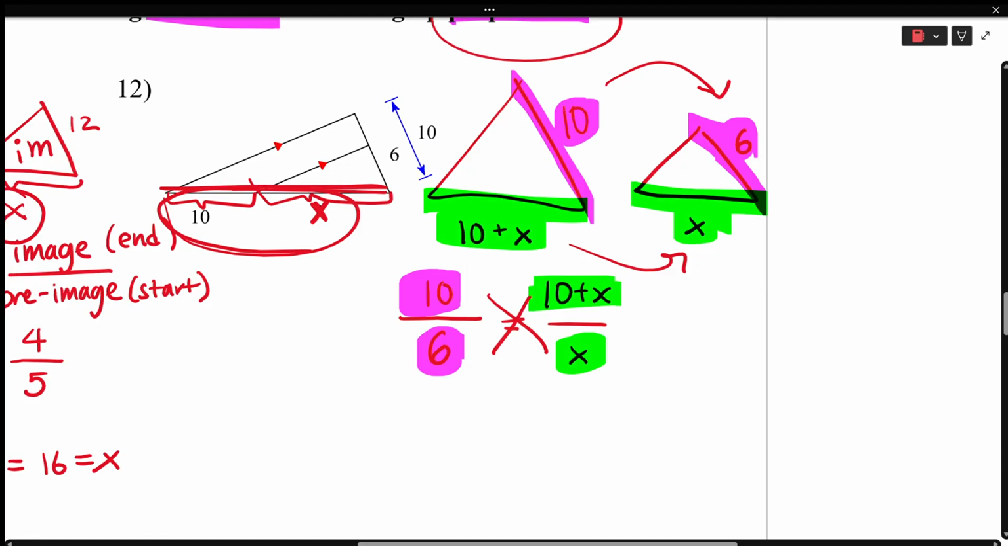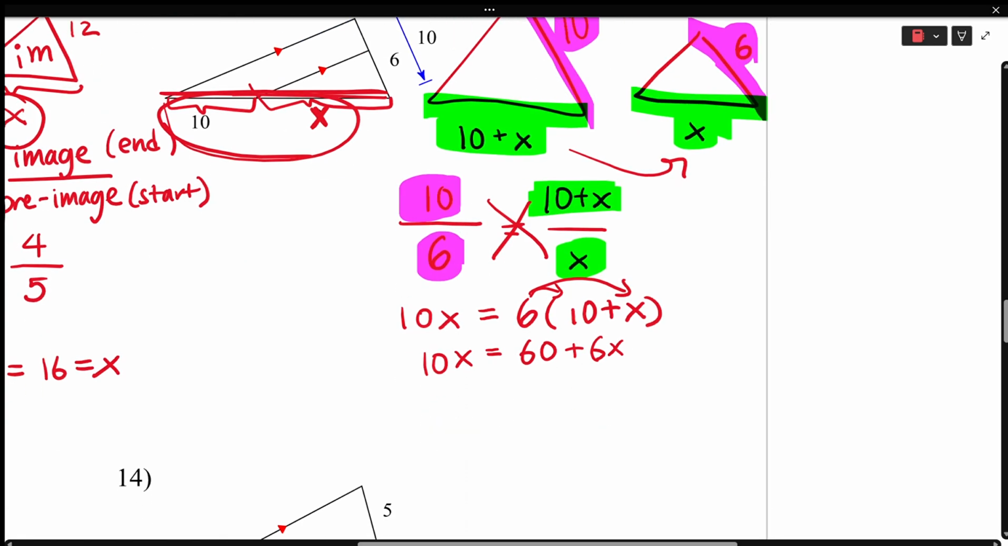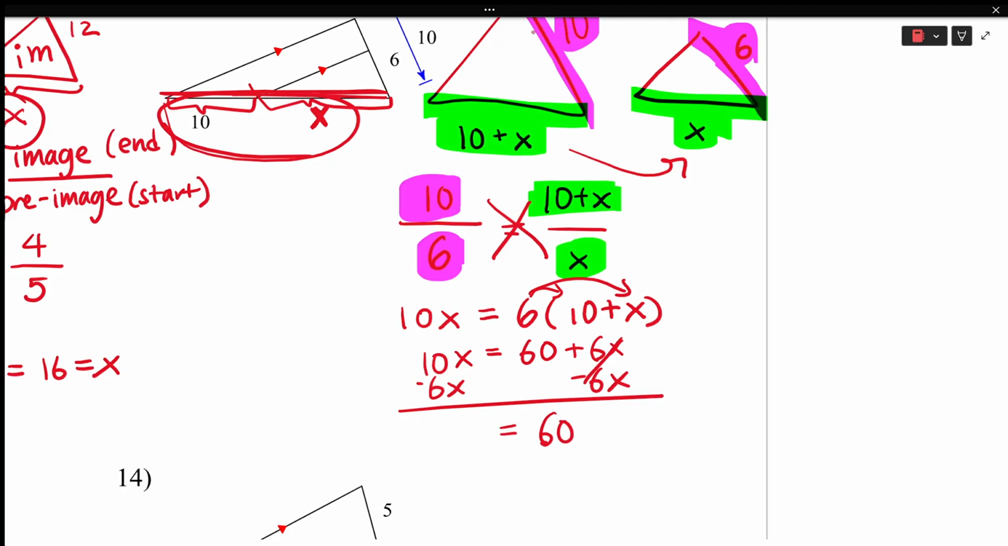You set up your ratios, cross multiply, 10x equals 6 times 10 plus x. Now it looks like the problems we did earlier. Cross multiply, that's 60 plus 6x. We don't need both of these x's, so let's take away one of them on one side. 60 equals 4x. And yeah, you just divide by 4 and you get